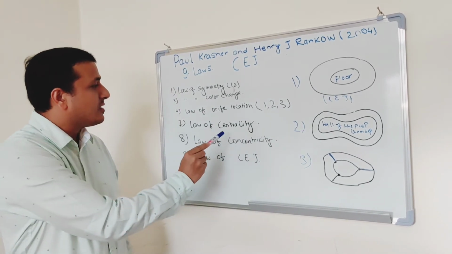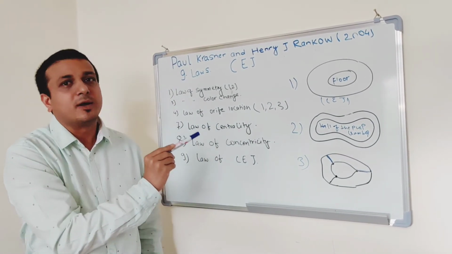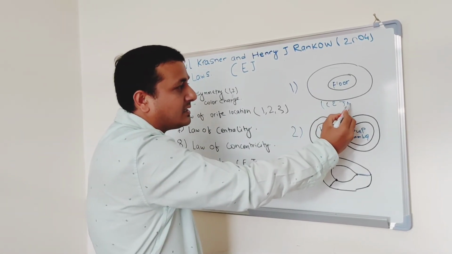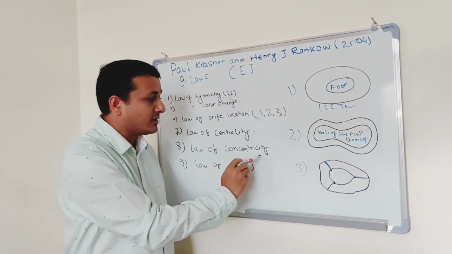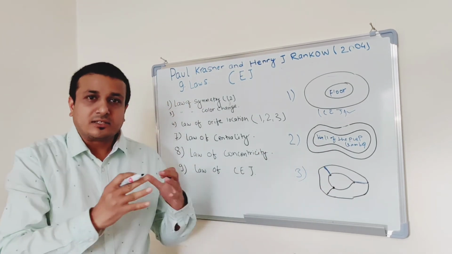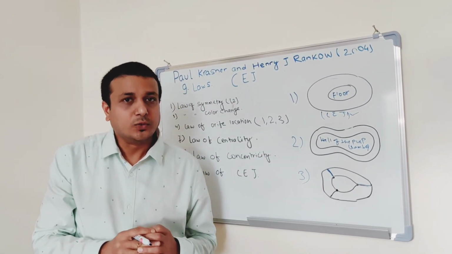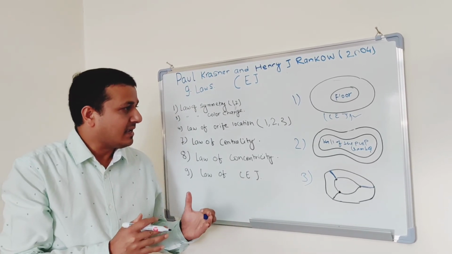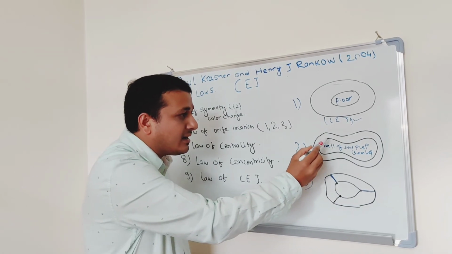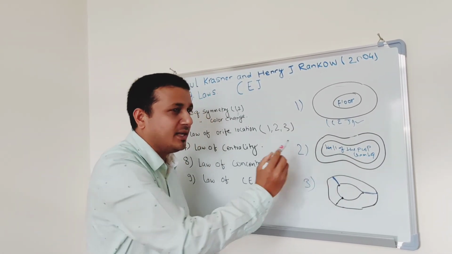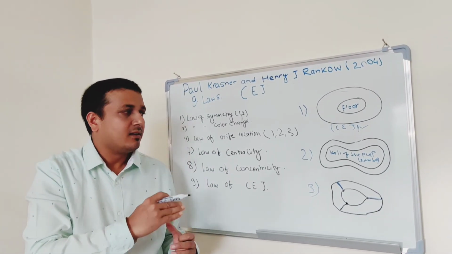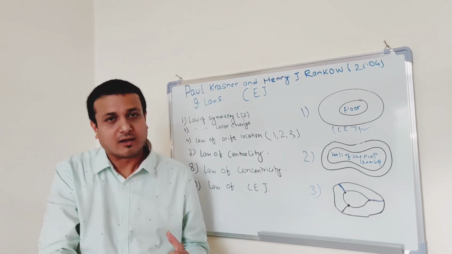As the name suggests, law of centrality means the floor of the pulp chamber will always be present at the center of the tooth at the level of CEJ. Regarding the law of concentricity, it suggests that the wall of the pulp chamber is concentric to the external surface of the tooth. How can we understand this? When we see the shape of the external surface, it replicates the internal surface of the wall of the pulp chamber. It means if the external surface of the tooth is concave, then the wall of the pulp chamber will also be concave.